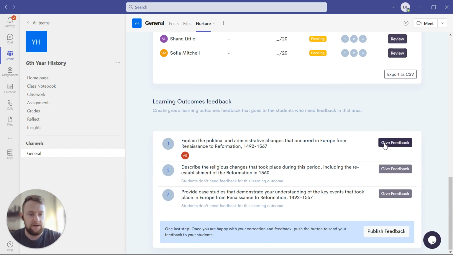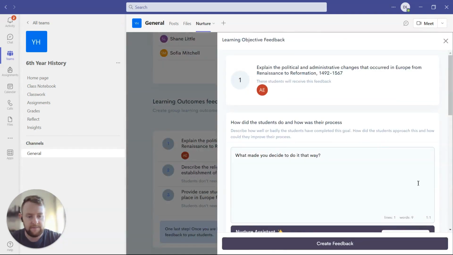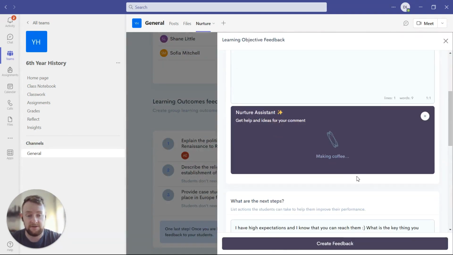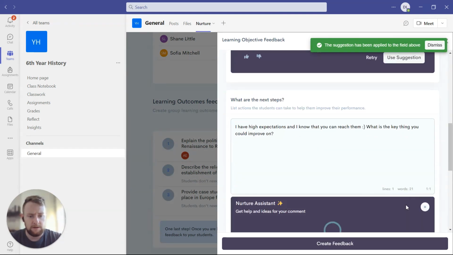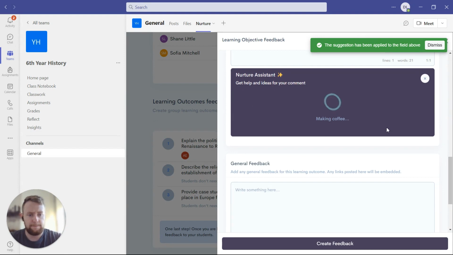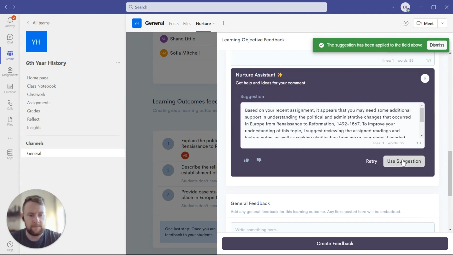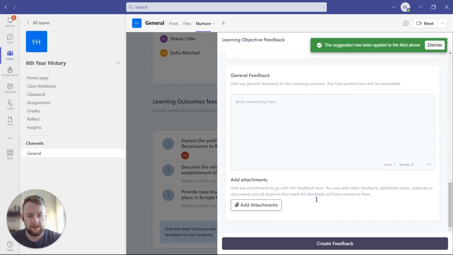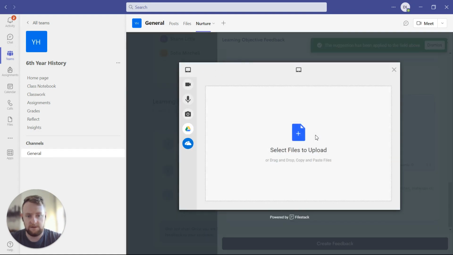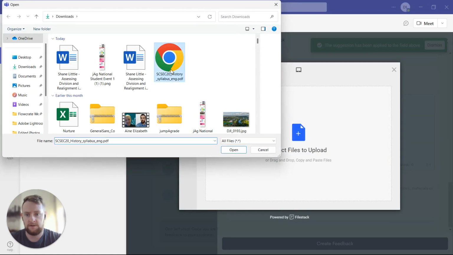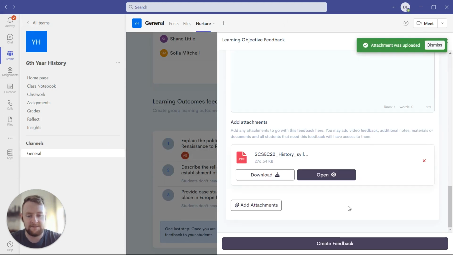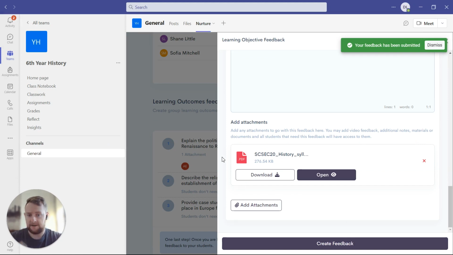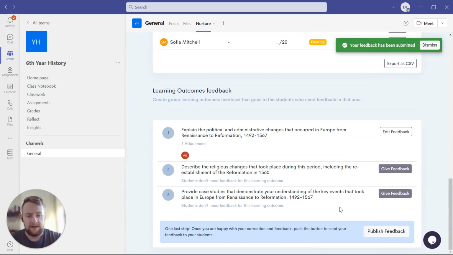But let's say I give feedback on this learning objective, I'm just going to use the assistant here to generate the comment quickly for me. I'll just use it there, and I'll add an attachment as well. I'll add the syllabus again as an attachment. But if I create that feedback, okay, and then if I publish the feedback,